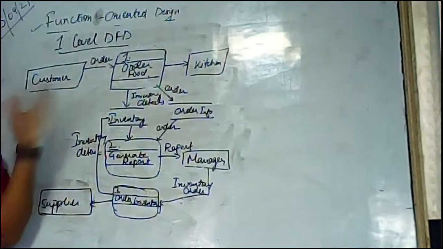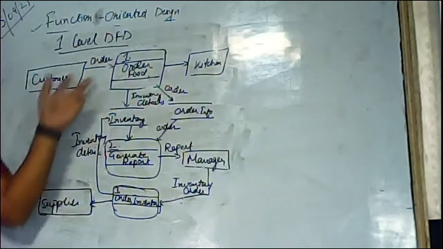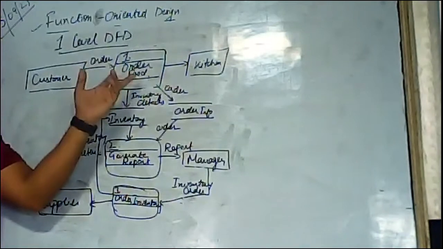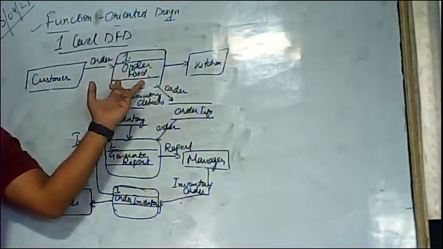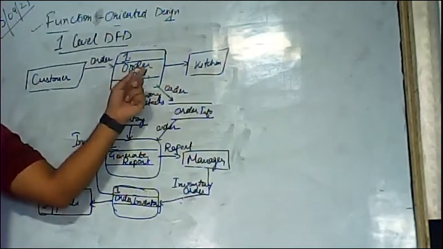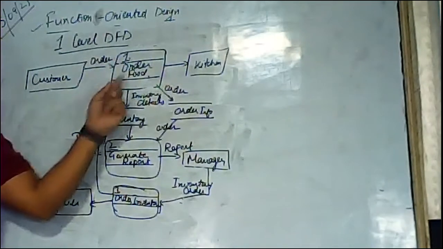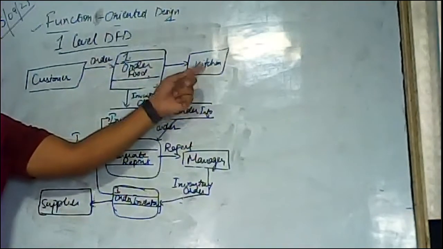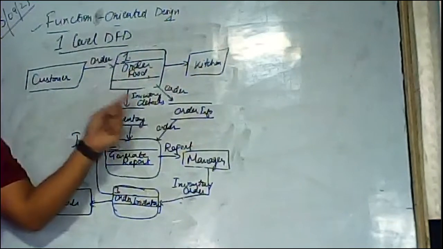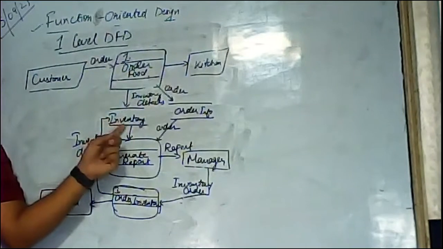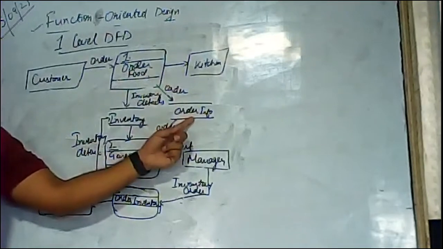This is your customer, we are the customer. We will log in or directly connect to an ordering system. And the first process that is executed is your order flow. This is your first process. That order will go to the kitchen. The kitchen will prepare all those items, and after that the order food inventory detail is stored in your database. That is the inventory database. Your order detail is stored in your order information.